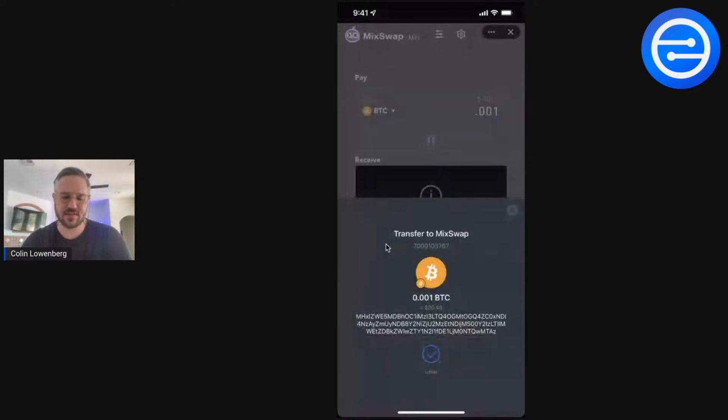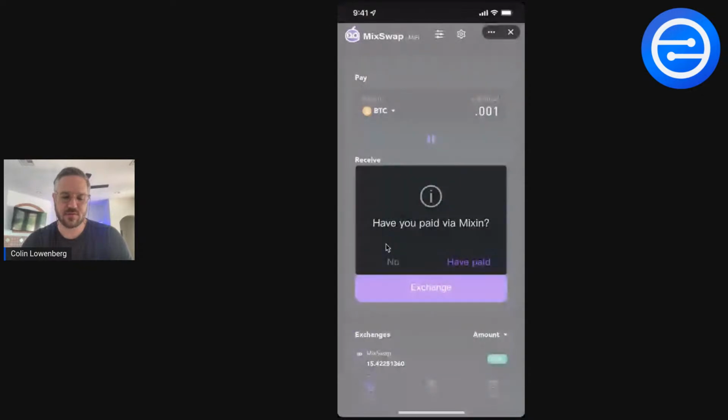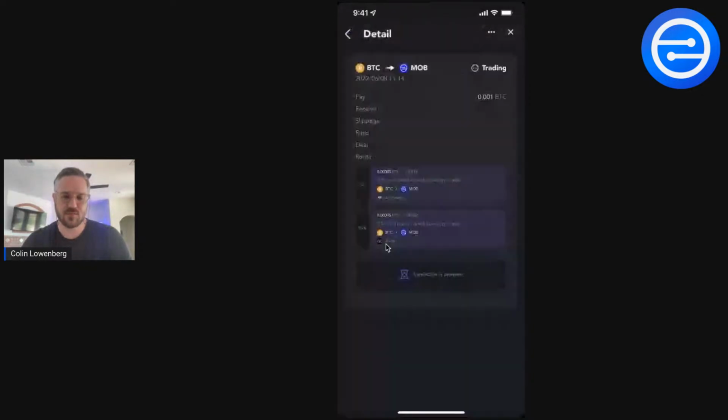Let's see if I confirmed it. Let's see, have paid. And let's see if the order was placed successfully, waiting for the trade. It's always fun to do a demo live and see it working. So the transaction should complete pretty quickly. And once you've done that, you'll then have MobileCoin in your